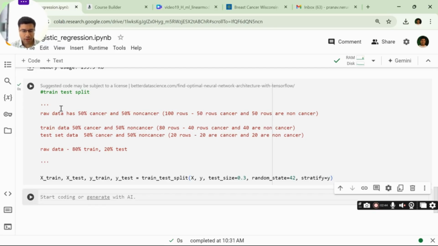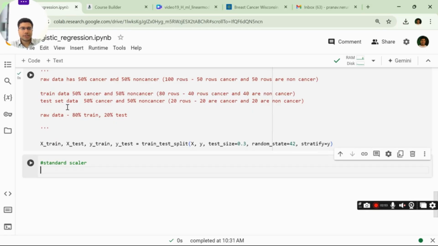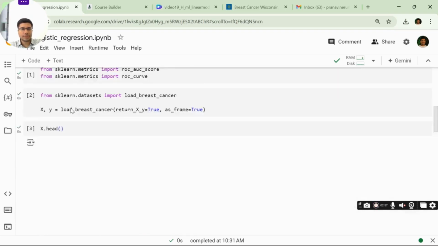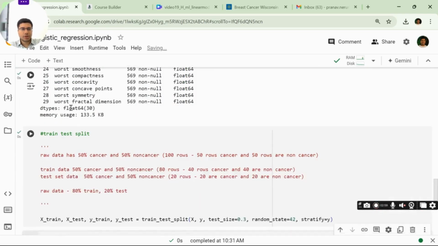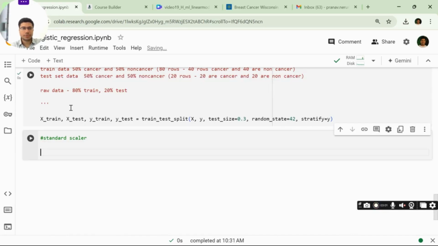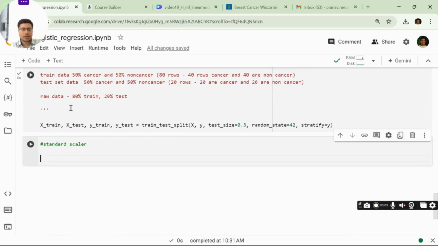Let us now apply standard scaler to the data set. To apply standard scaler on the data set, we need the train and test, which we already have. So now we can create an object of standard scaler. Autocomplete is not working.